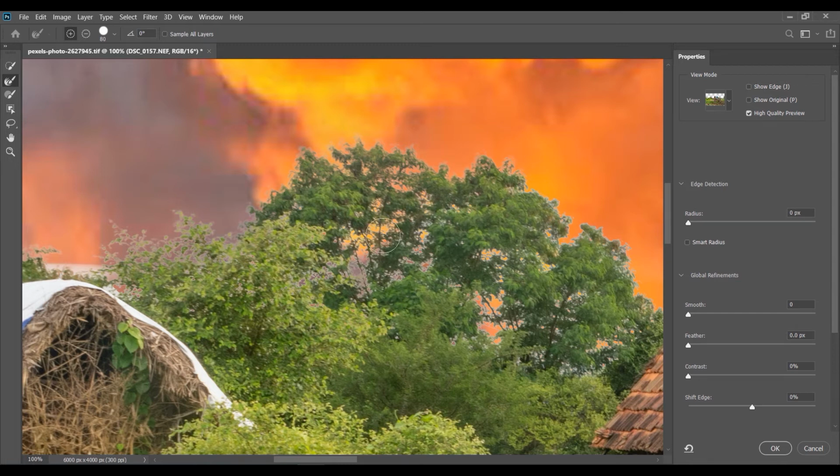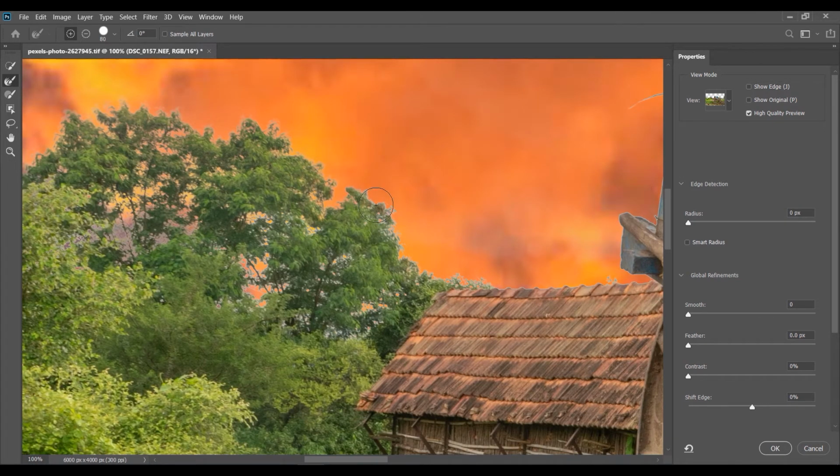And I have a 16 GB RAM laptop, and you can see that even this gets a bit slow when it comes to using select and mask. So if you have anything slower than this, I'm guessing like a 4 GB RAM or something, you might just have to take some breaks. So this is fairly heavy duty work that Photoshop is performing, but you can see it's just beautifully getting rid